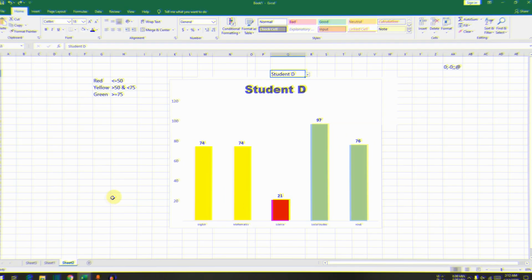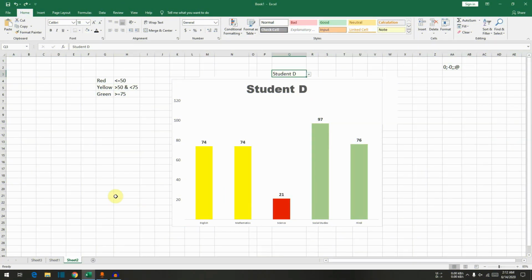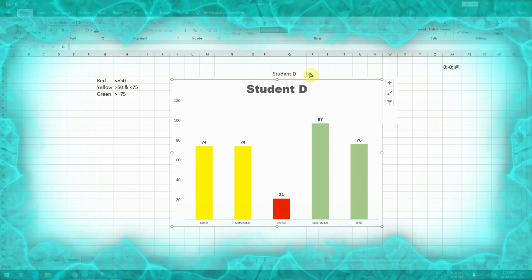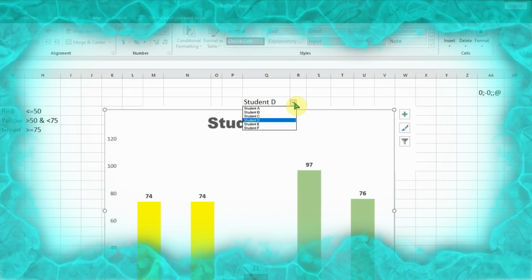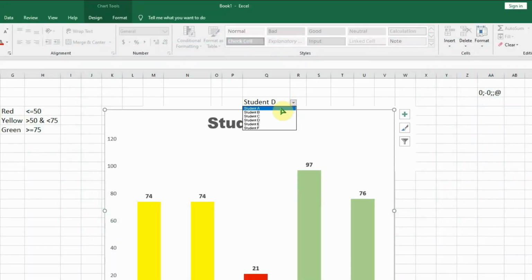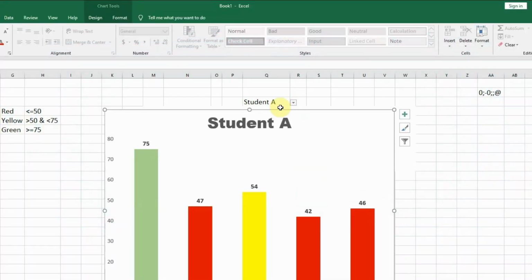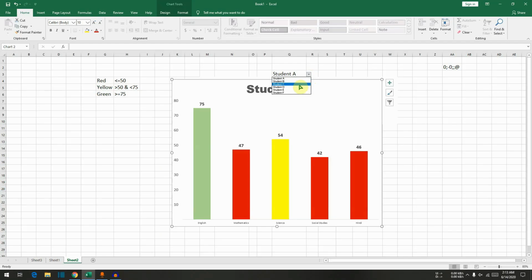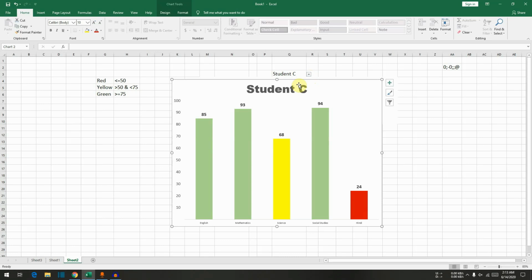So what are these dynamic charts and what color changing environment we are discussing about? As you can see on the screen, I have a beautiful graph wherein I have yellow, red and green color. Other than that, I have also one title that says student D. If I change student D to student A, the graph is changing as well as the colors are changing as per the scores scored by a particular student.